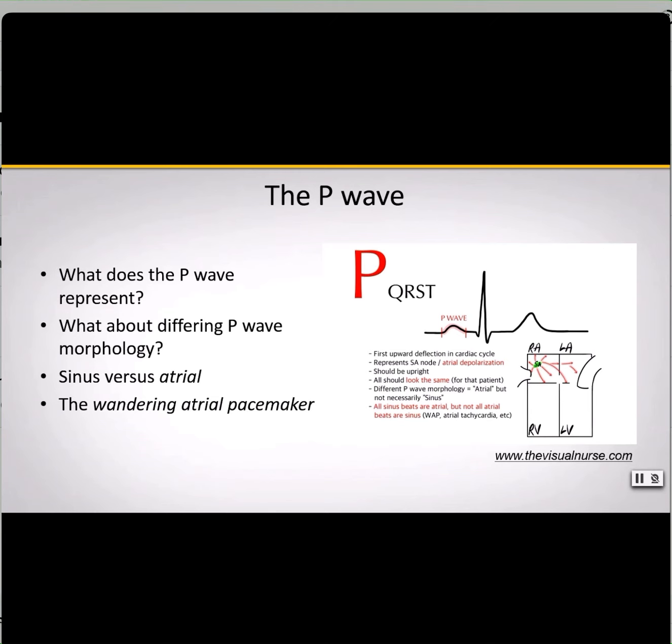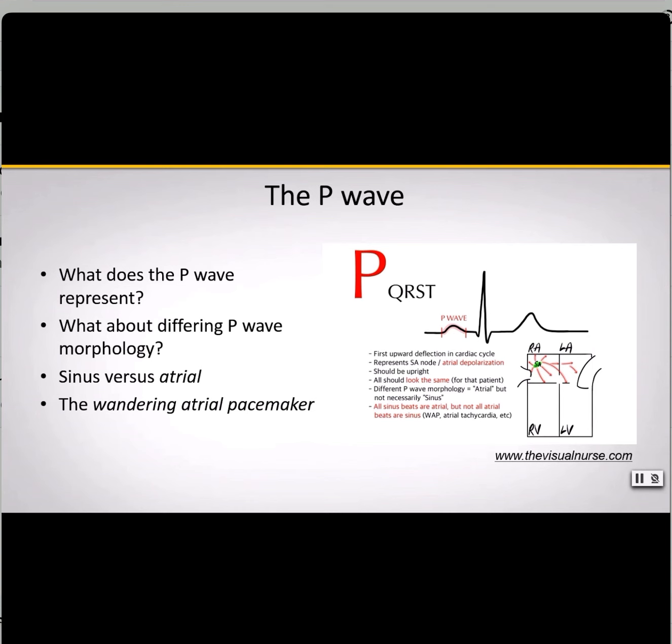We've covered positive deflections on the ECG and what they actually mean. We're going to go ahead and dig into the cardiac cycle now and examine the first positive deflection, the P wave. P wave is the first of the party. It's the first deflection in the cardiac cycle, represented as the PQRST, and it represents SA node as well as